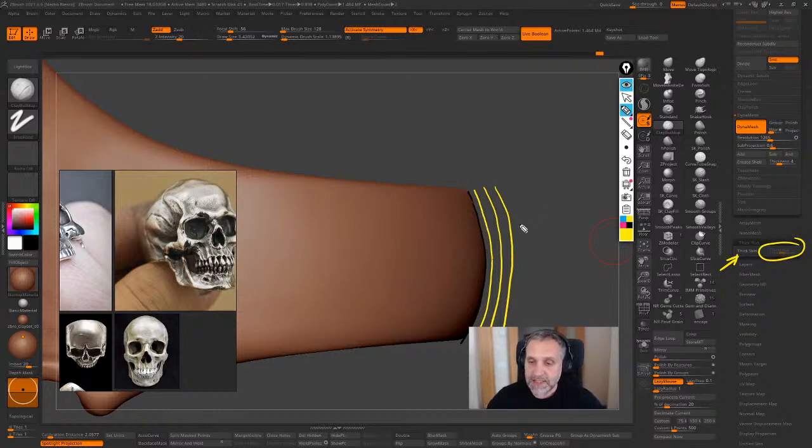So we create a space between the existing surface and the thickness of the thick skin. The room that we have to sculpt is the difference between the real surface and the thick skin. So we're going to be able to create